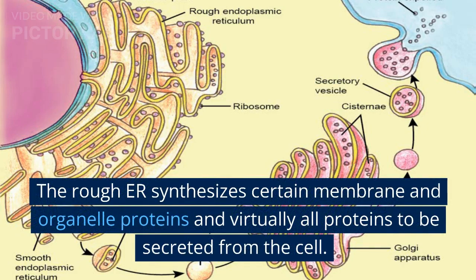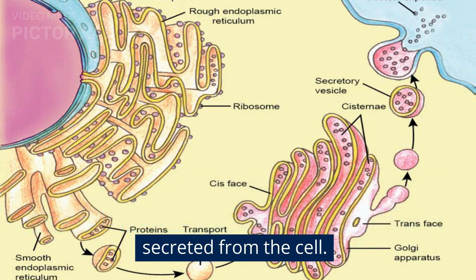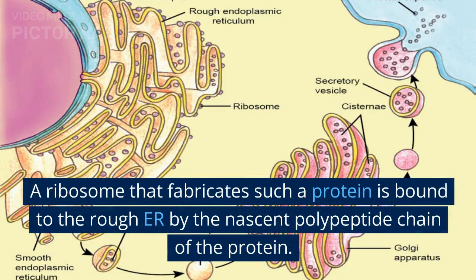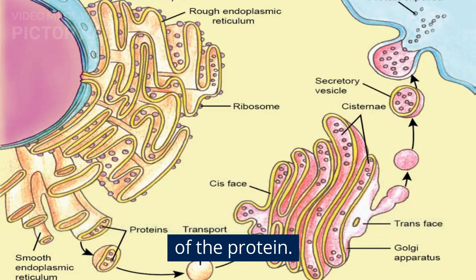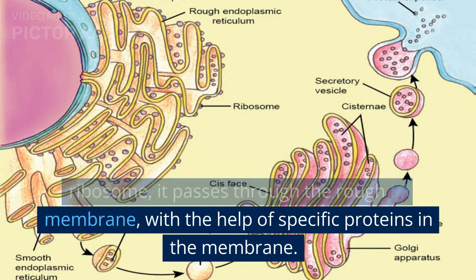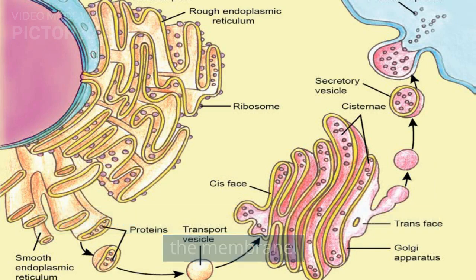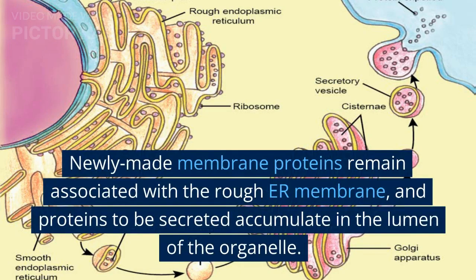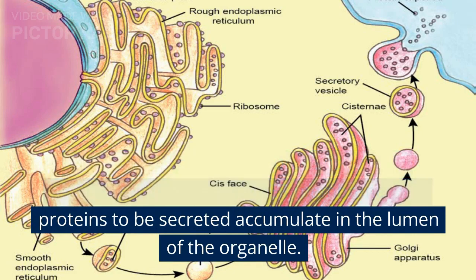The rough ER synthesizes certain membrane and organelle proteins and virtually all proteins to be secreted from the cell. A ribosome that fabricates such a protein is bound to the rough ER by the nascent polypeptide chain of the protein. As the growing polypeptide emerges from the ribosome, it passes through the rough ER membrane, with the help of specific proteins in the membrane. Newly made membrane proteins remain associated with the rough ER membrane, and proteins to be secreted accumulate in the lumen